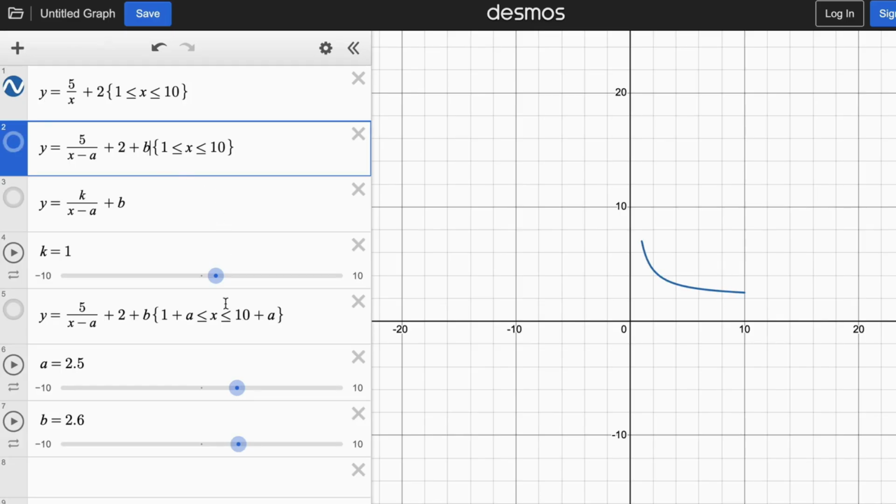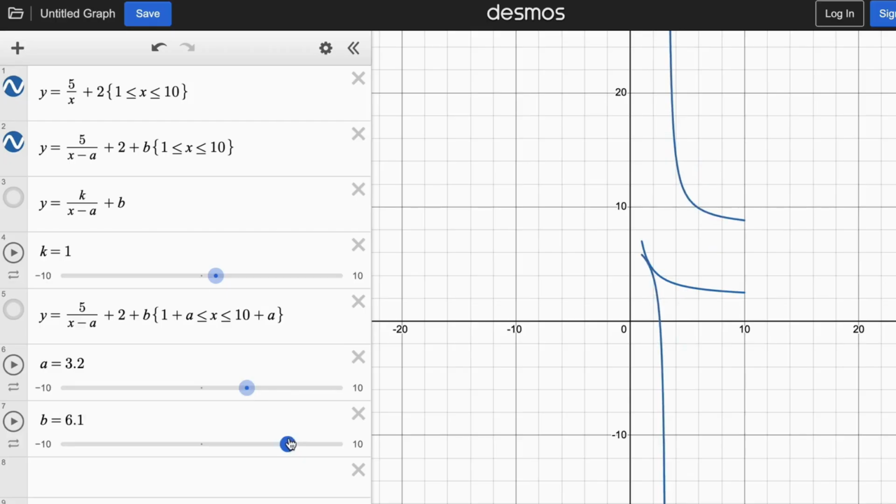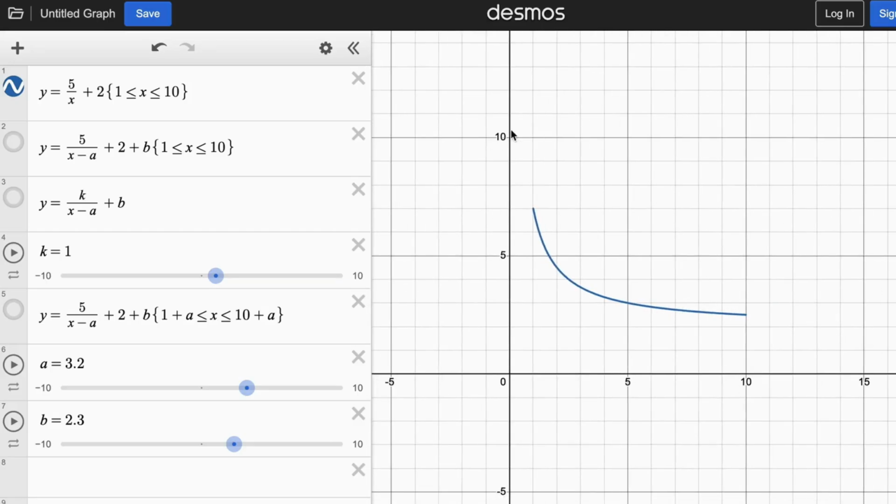Now, we're done with generalizing a little bit, and we can move it around, we can move it up and down, which is perfect. But now we need to work on our domain. Something we need to understand is that the width of the shape is always 9, because 10 minus 1 is 9. So if we're adding on our